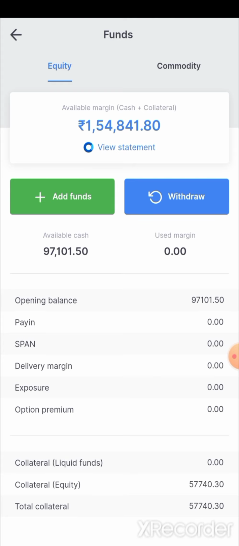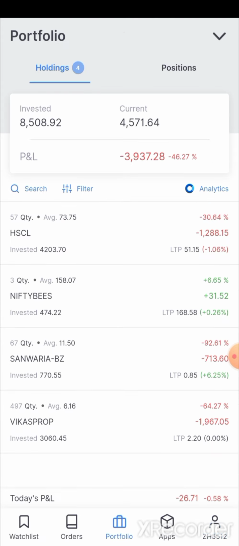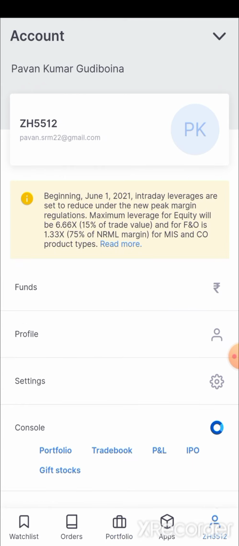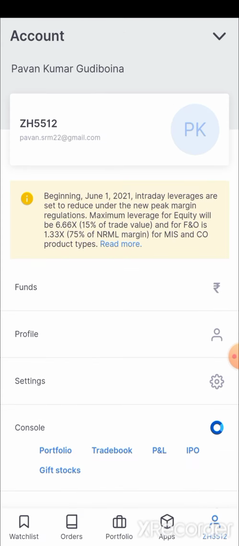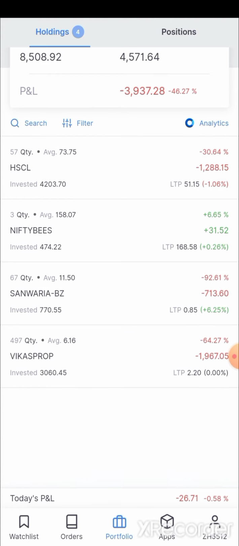This is for equity, so I have covered this point. The margin that we have received from the pledging can be used only for intraday F&O option writing. Mainly for option selling you can use this. For option buying, the exchange will not allow. So the margin of 57,740 that I have got here, we can use only for option selling. I am using that for intraday option selling.